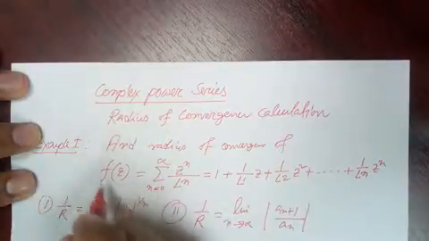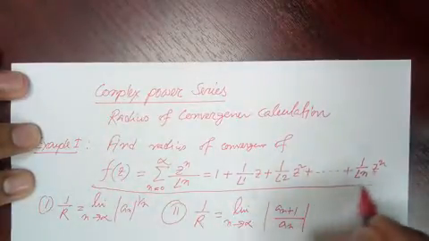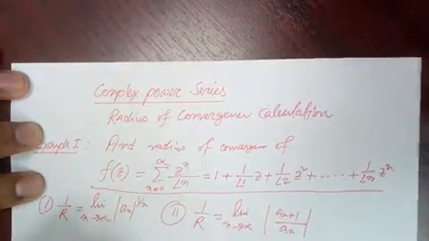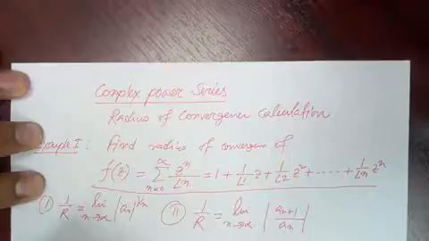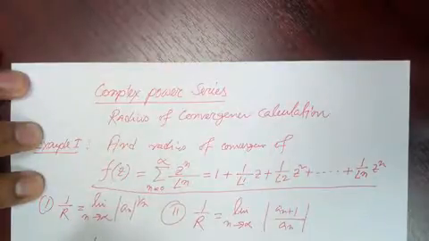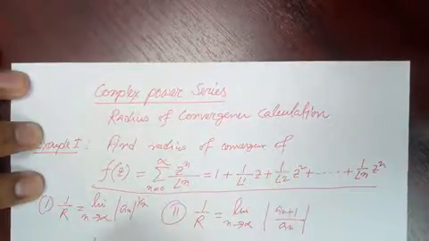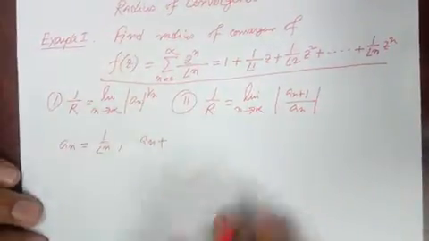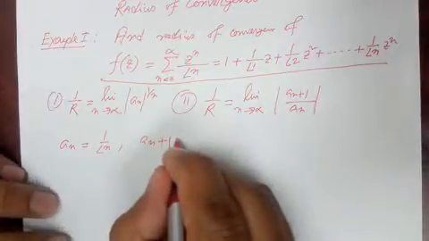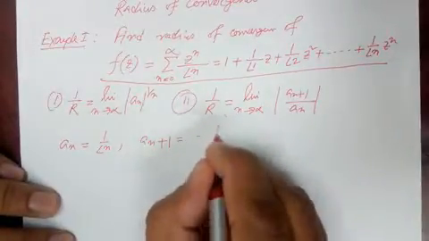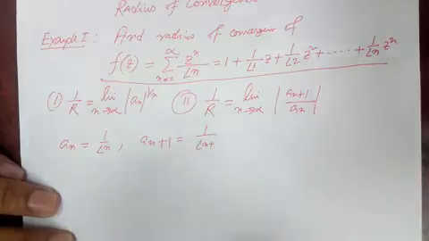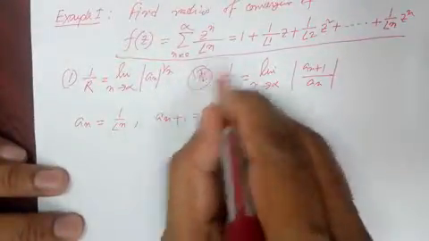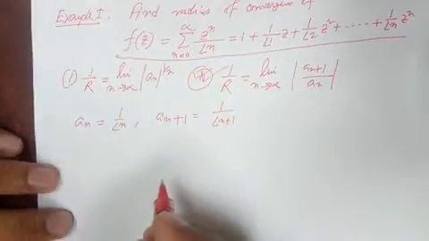We see in this power series, what is a_n? a_n is 1 over factorial n, and a_(n+1) is actually 1 over factorial (n plus 1). Now we use this formula,